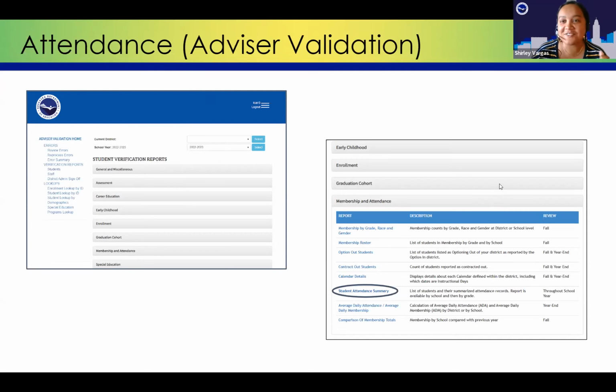Okay, so under advisor validation, Lane mentioned you need the specific code to access. Once you do, you'll have access to your district. You want to make sure that you select the appropriate school year and an option, right? These reports are here for your viewing and for your consumption, and student attendance summary helps us to understand,